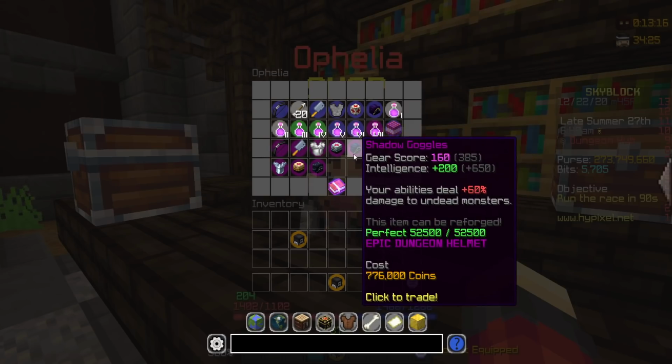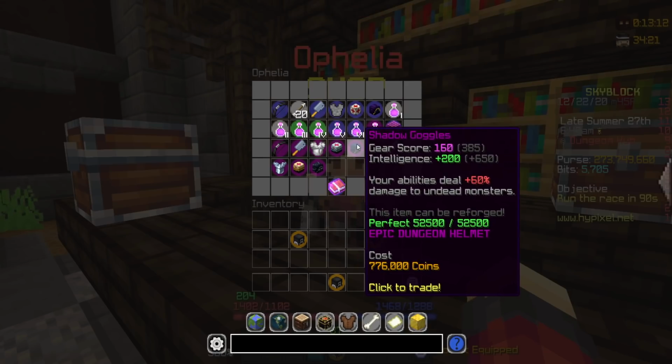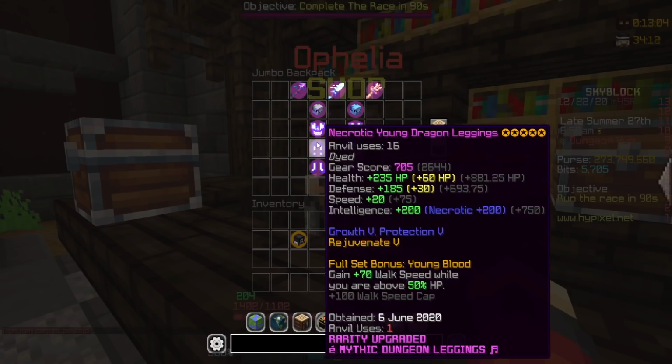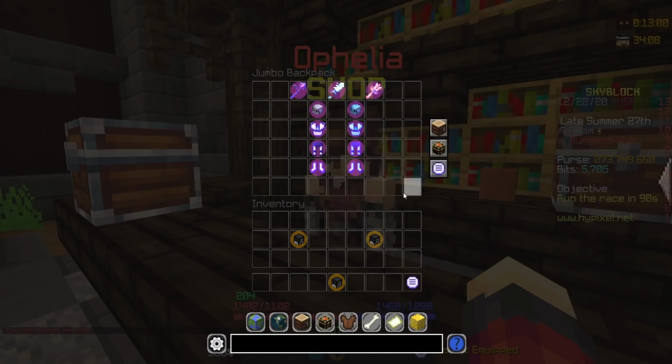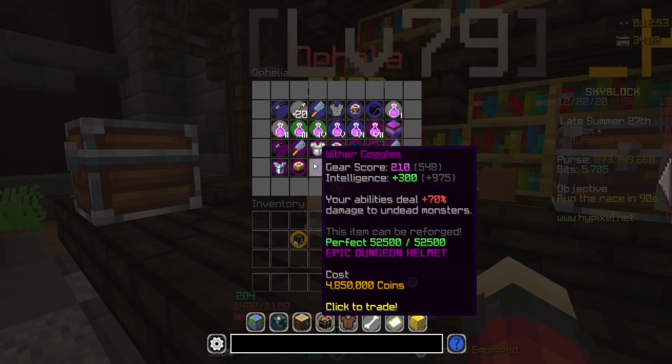As you progress as well, Shadow Goggles, this is a really good mid-tier one, 776,000 coins. As you can see, your abilities now deal plus 60% damage to undead monsters, and this is what I recommend wearing while you're running some of these dragon sets. So only focus on the 3/4 of it, don't look at the heads, kind of just use the helmets for this part. And once you've actually completed floor 7, and your Catacombs level 28, you can also